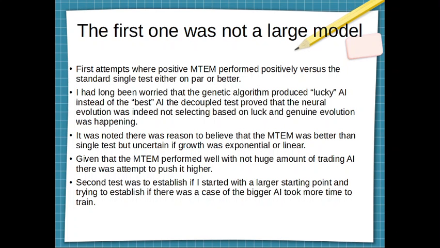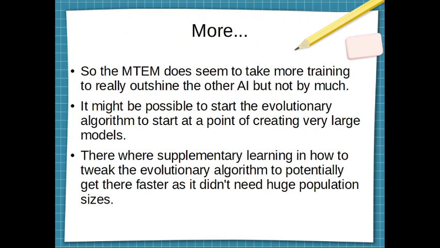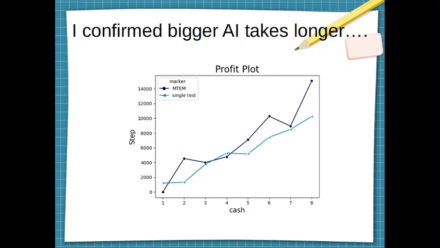So my first MTEM wasn't huge, and I just built it larger. As I say, the genetic algorithm does its own thing at its own time. I then took it apart and tried to test it from a starting point of training to see whether training requirements was exponential. There was a little bit of proof of that, so it does sort of seem that the MTEM, a big MTEM, takes a little bit longer to train, but the big important thing for me to show was that